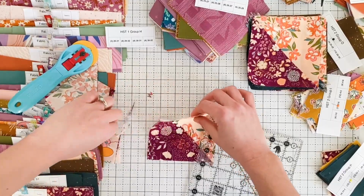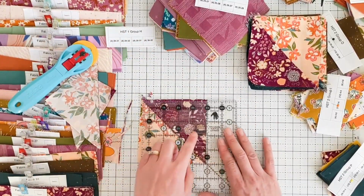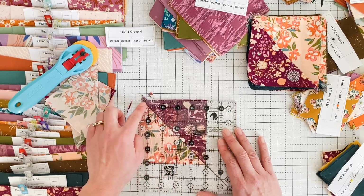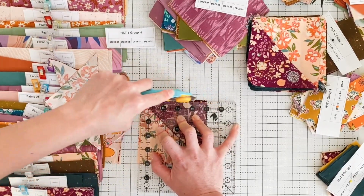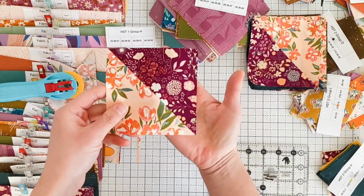Once you've cut along the 2 edges, rotate the unit to trim the other 2 edges. This time, the edges should run along the 4.5 inch mark lines, and then the seam should automatically match the 45-degree angle line. Trim the other 2 edges to complete the half square triangle that is 4.5 inches by 4.5 inches. I'm going to do the rest with this pile of half square triangles,